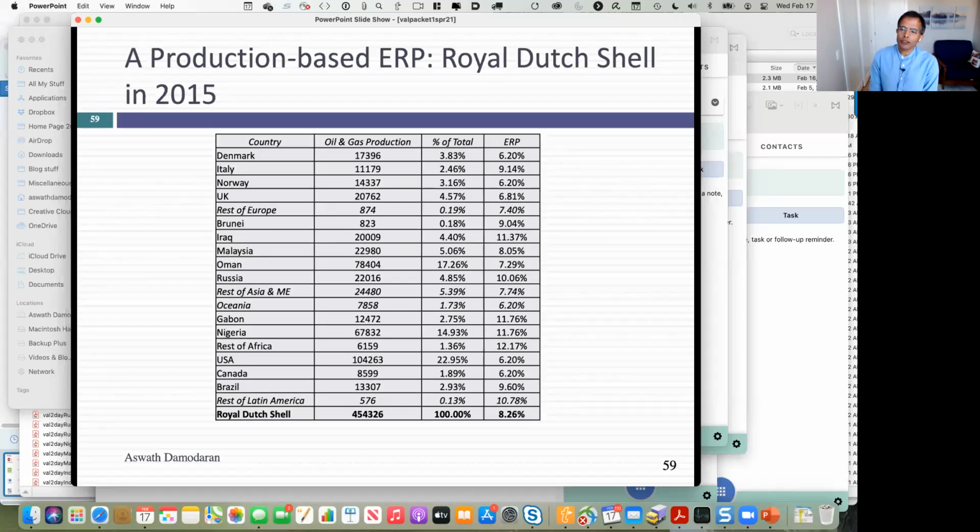With Royal Dutch, for instance, I'm not even going to look at revenues. To get the equity risk premium for Royal Dutch, and this was in 2015, I looked at the production based on where in the world it came from. And oil companies are pretty good about it. They'll tell you where their oil reserves are and where their production is. I looked at their oil and gas production by parts of the world it came from and took a weighted average. So rather than revenues, I'm focusing on production. And my rationale there is, for an oil company, that's my risk. My risk comes from where you get your oil, not from where you sell it.